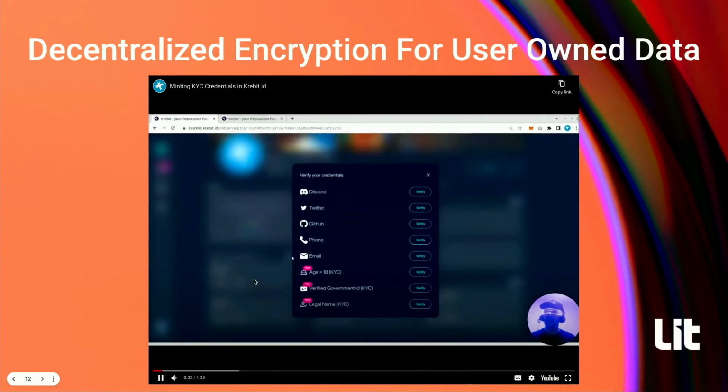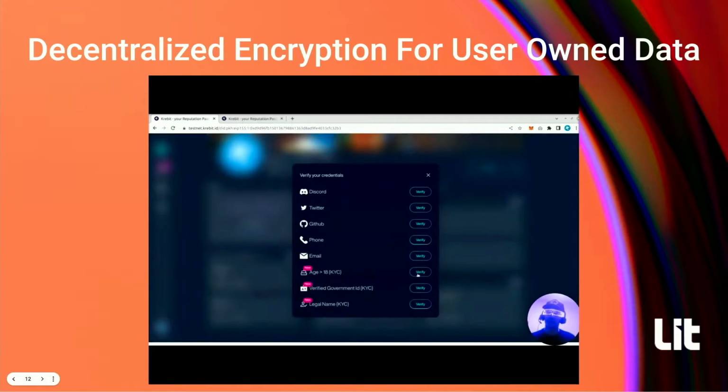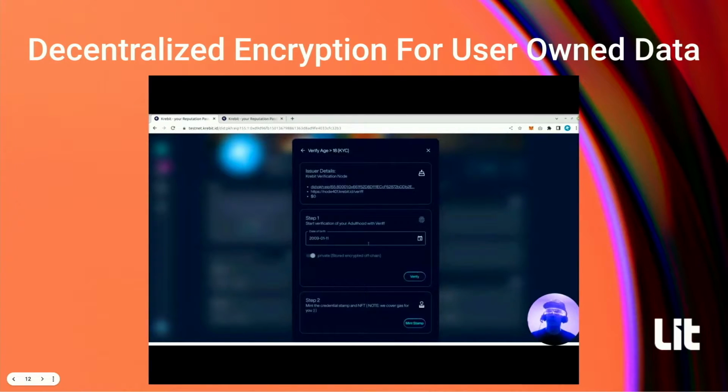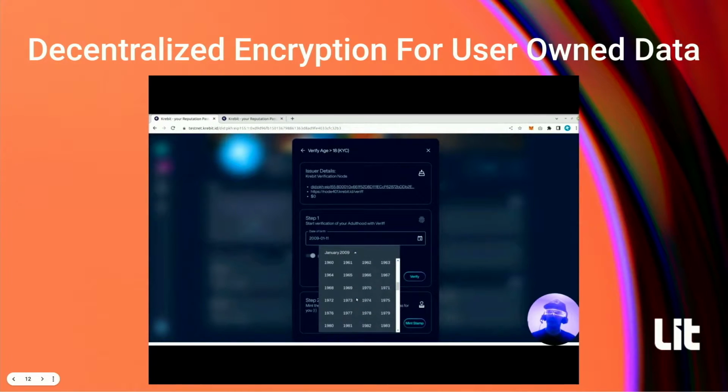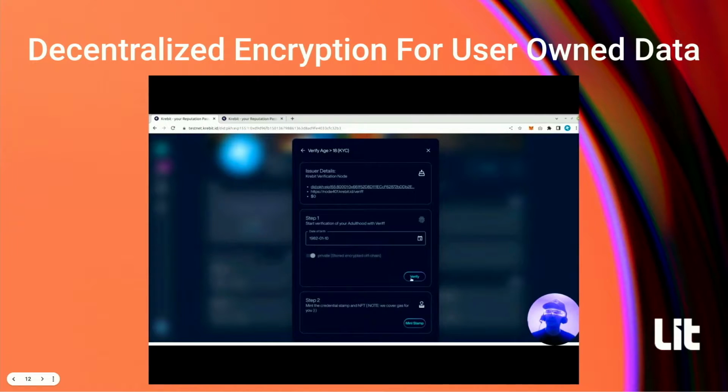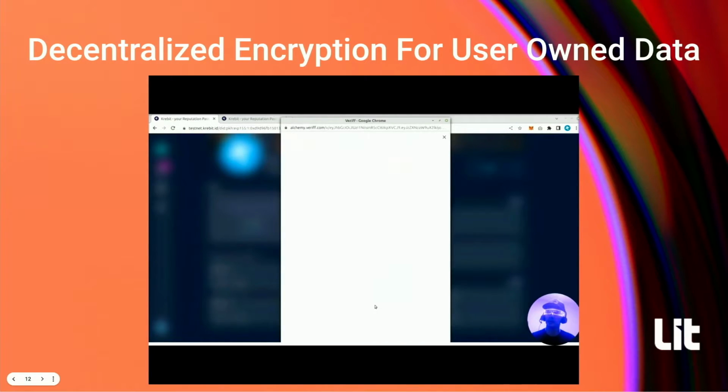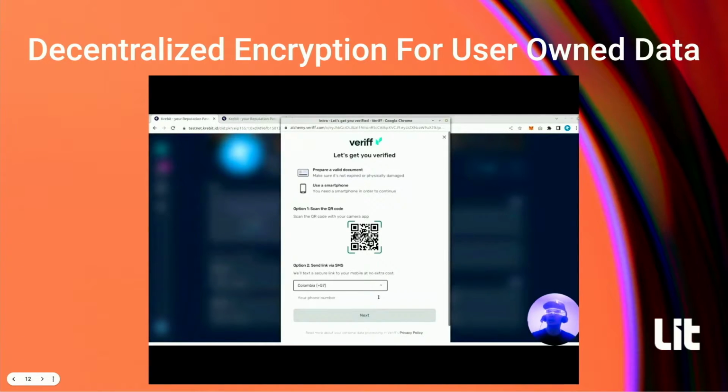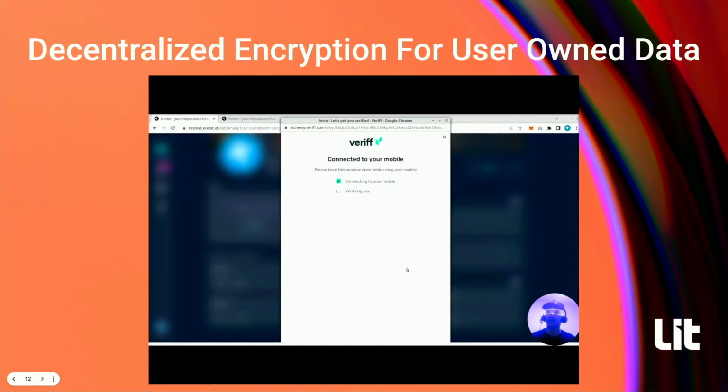So this is a really cool example. This is from a group called Crebit. And what you're going to see unfold in this video is somebody doing a KYC process. A third party is validating that KYC, and then that proof of that KYC is being encrypted client-side, and in this case, again, being stored, I believe, to Ceramic. There's other teams that are exploring this with Arweave. And then with this conditional decryption process that we talked about, this user can then say, who can decrypt that data? Who can see the KYC data?